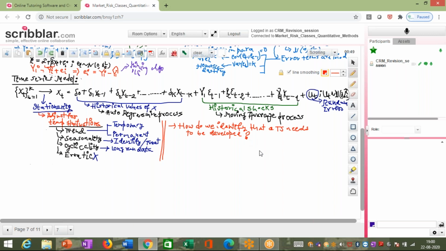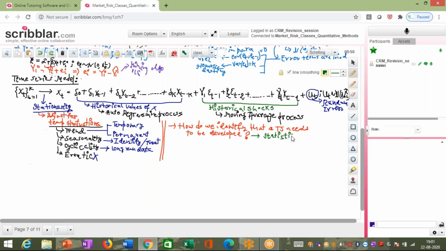What are the validation checks that we will do? What are the statistical tests that we need to do? This will be a set of statistical checks. Once we identify and justify that certain statistical tests need to be done, then what we would do is